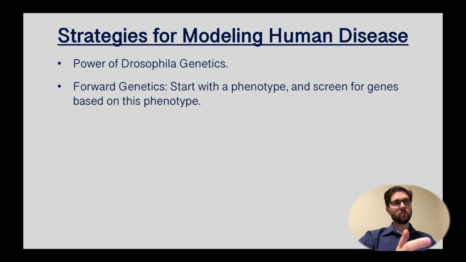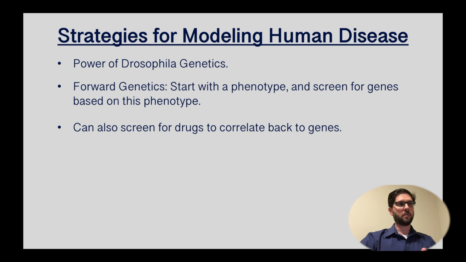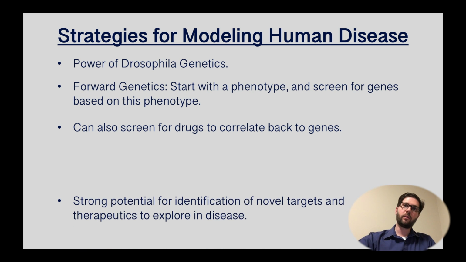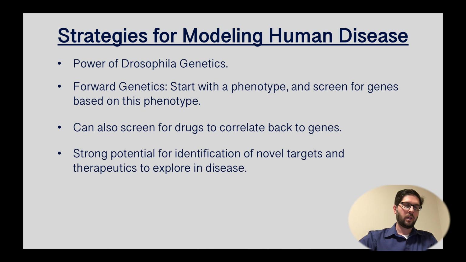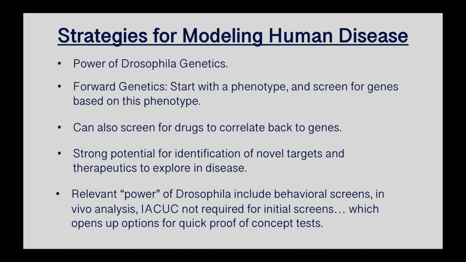Drosophila can also use forward genetics, which is starting with a phenotype and then attempting to screen for genes based on this phenotype. You can also screen for drugs, and you can correlate those drugs back to genes. And this strategy has been heavily utilized to identify new targets and therapeutics in disease exploration. This, similar to reverse genetics, allows you to utilize the power of Drosophila,